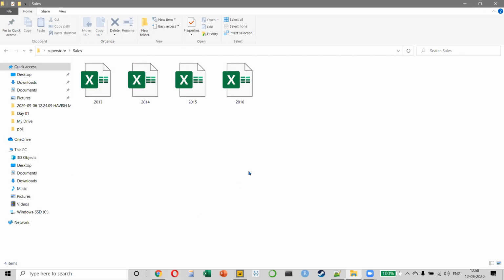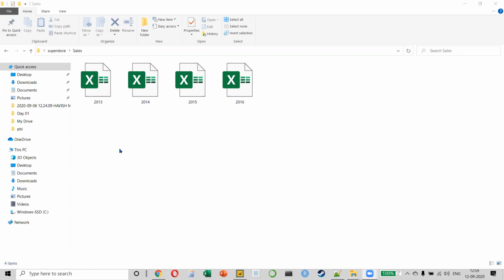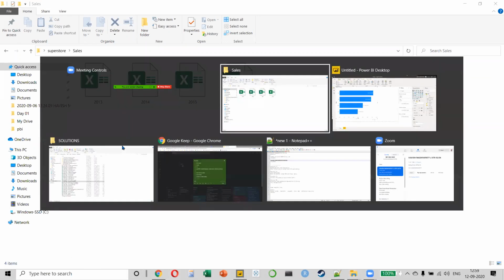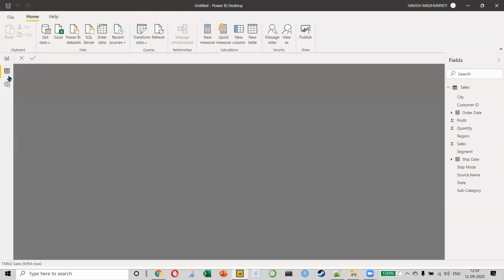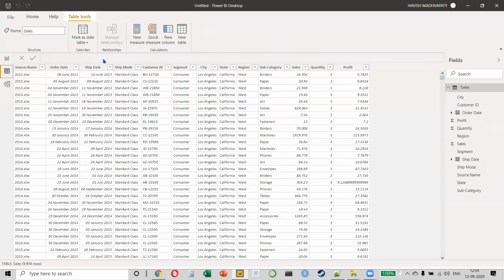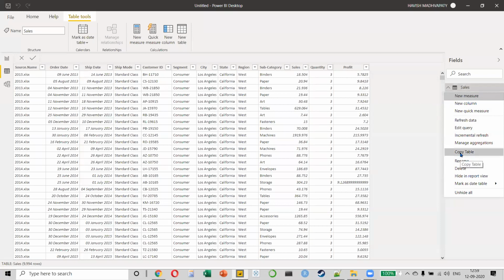After combining the trees, can it be exported back to an Excel XLSX file? Very good question, Saurav. If you want to export it back as an Excel XLSX file, unfortunately, there is no export button available on Power BI, but you can click on the data view. And this is the table which has all the 4 years in it. You can simply click on copy table and you can paste it on Excel. That will work.